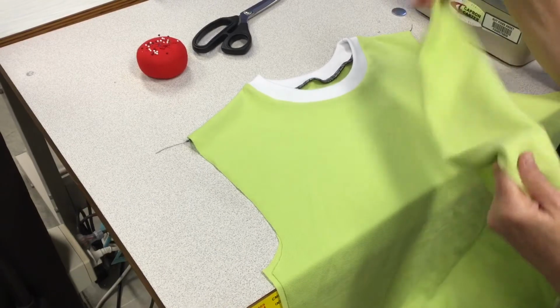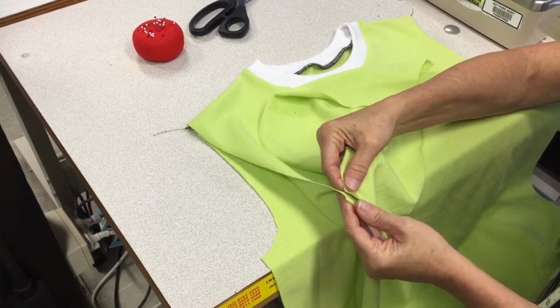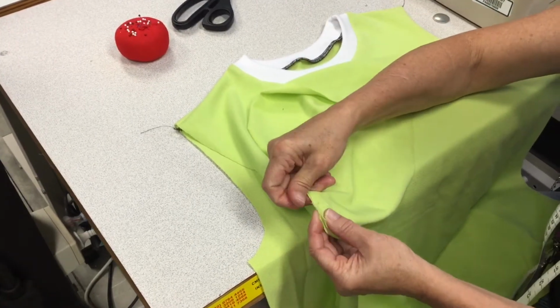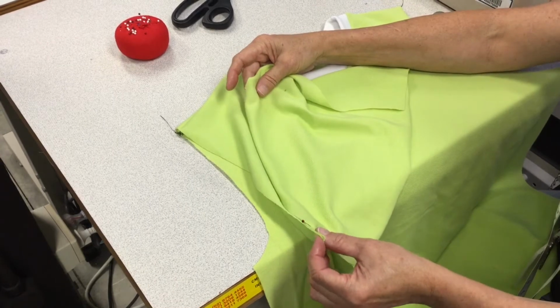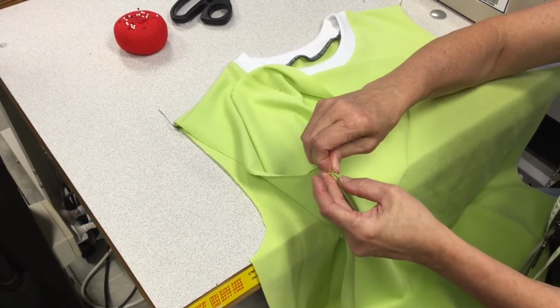So the first thing we want to do is place them right sides together. So make sure that you've got the right side of your sleeve going into the right side of your garment. And this is one point where I think it's a good idea maybe to put a few pins in, just to help. So you've got your front lined up with your stitch line together,